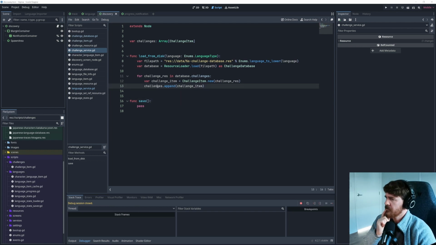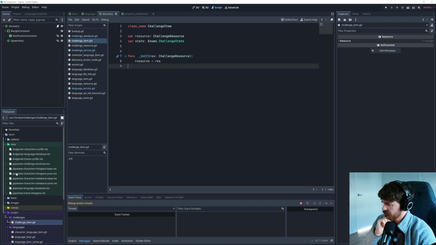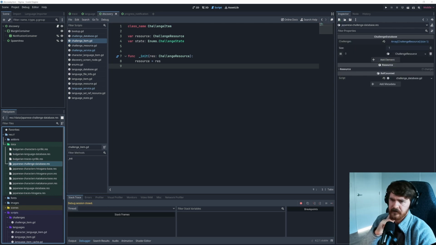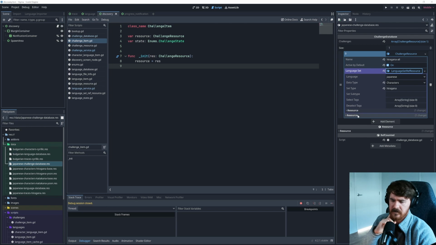All right, what's the next thing I need to do? The challenge resources. We can get the evaluation conditions in there. Let's have a look at